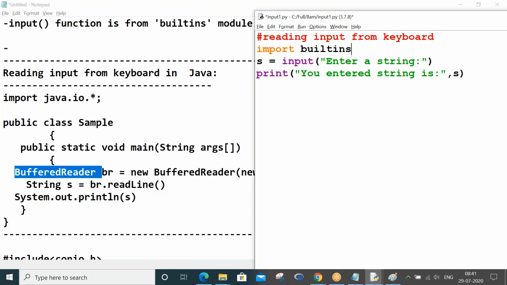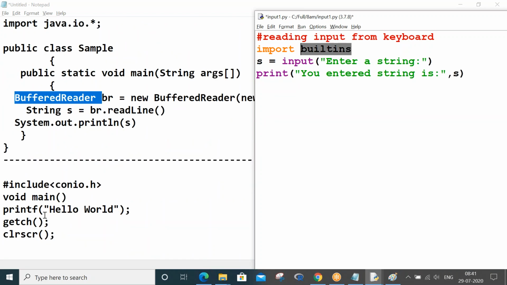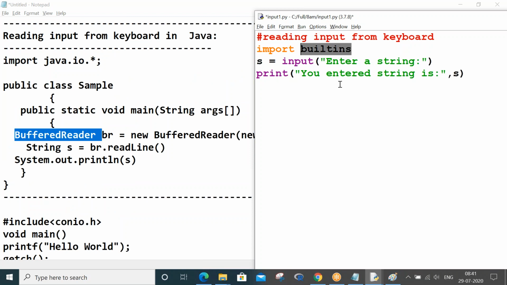See, built-ins is a module in which your input function is present. So when I write like this, input will execute happily. My parent is there, so now I can execute. Likewise, the parent of BufferedReader is IO, and the parent of printf is stdio.h. Since I have removed stdio.h, it will not work. So likewise, sir, you would also have to write import built-ins in your program. But without writing import built-ins, how is it working?